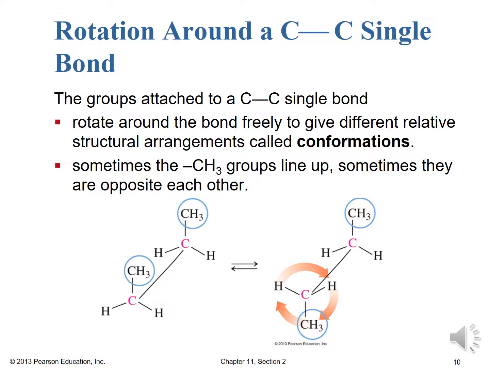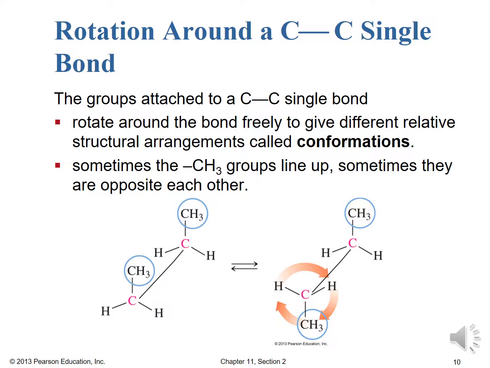I've probably made the point a couple of times already in the course, but the rotation around a C-C single bond, or any single bond, is free rotation. What that means is the components of that bond can rotate freely around each other to give different relative structural arrangements called conformations. Sometimes, for instance, the methyl groups, the CH3 groups, line up, and sometimes they are opposite to one another, and that does have a difference in energy, because if you think about 3D structures,